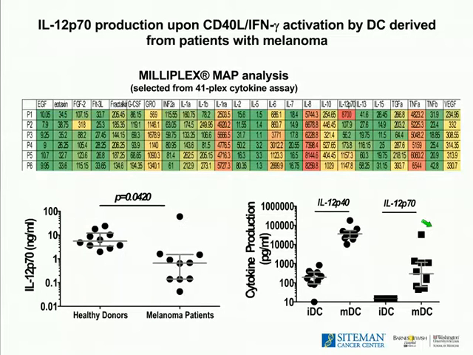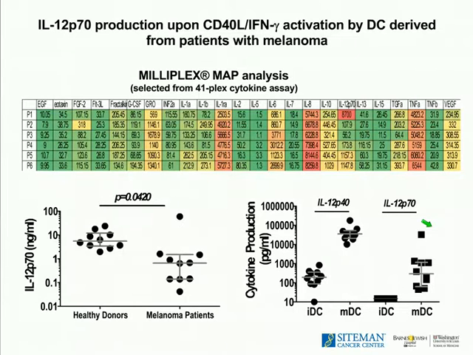and looked at the supernatants that were made from the dendritic cells once they were activated. I'm showing you here 24 out of the 41 cytokines that we tested, and we asked whether production of other cytokines was also affected in the non-clinical responders. And what you see here is that, for example, if you look at IL-6 or IL-8 or TNF-alpha, production of the cytokines is seen in all the patients.